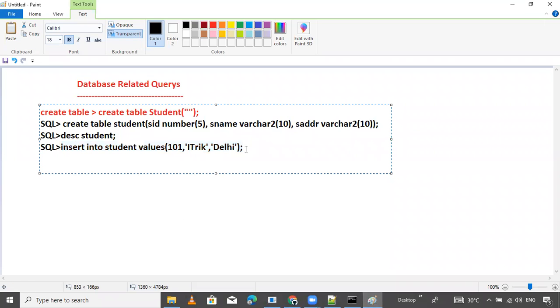If you want to check whether data is inserted inside the database, we have one query: select star from the student table name. Hit enter, then you will get all the records. Star means all records which are present inside that student table.